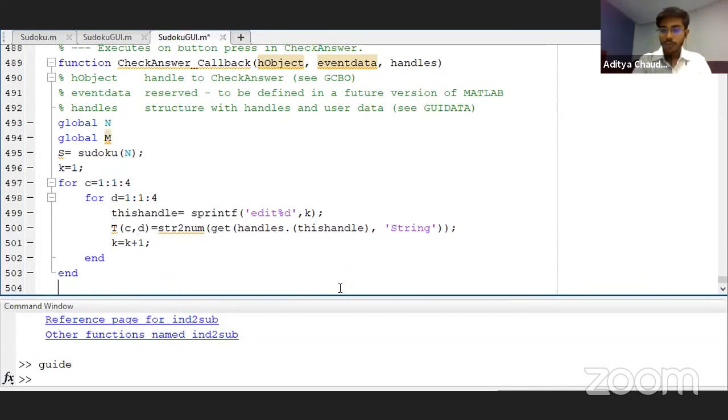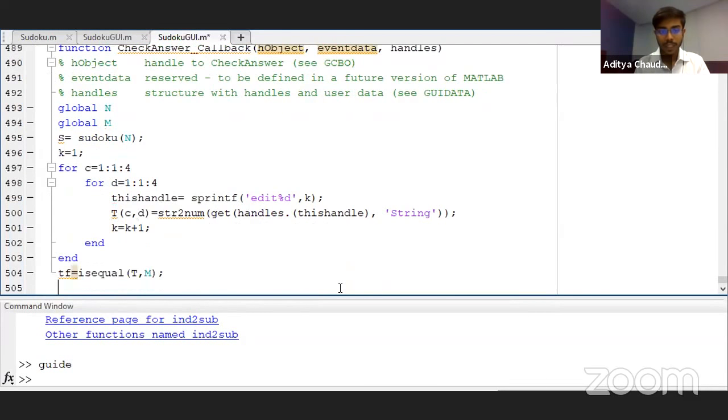Now, to check the part, we'll be adding a variable tf, and we'll check is equal, we'll be checking t and m. Sorry, I just forgot the variable name. It was t and m.